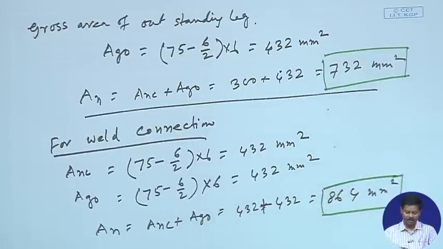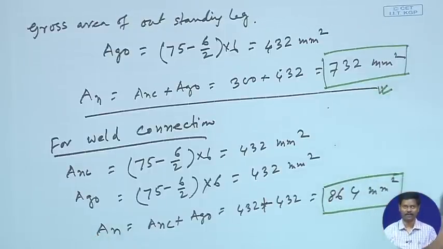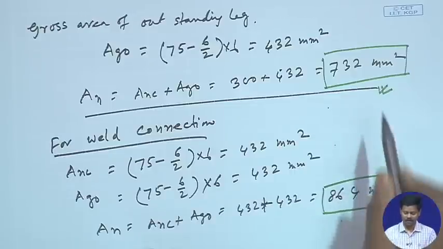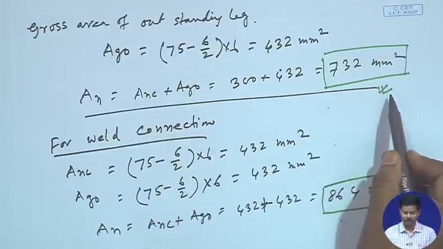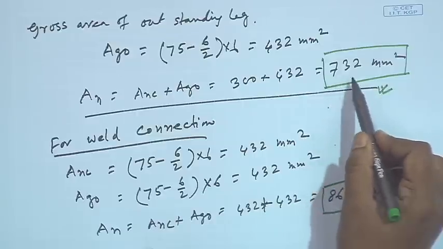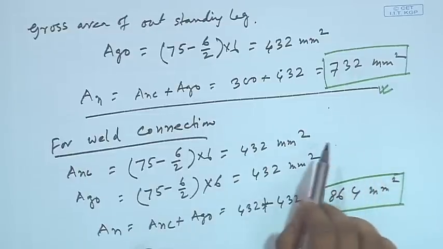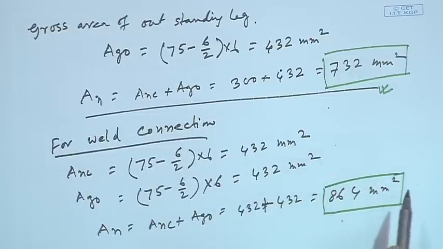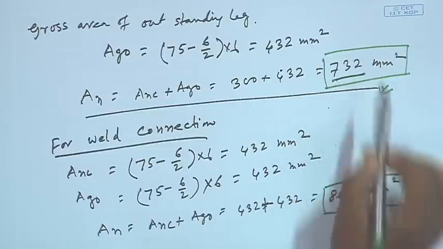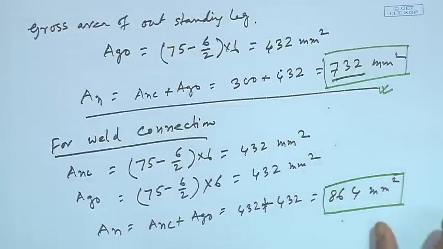That means the strength of the member or the angle is going to be reduced if we use bolt connection compared to the weld connection, because of the insertion of the hole, the reduction in strength will happen, as the hole cannot take tension, means that area cannot take tension. That is why the effective area for taking the tension will be less, that is 732 millimeter square, right. Now,